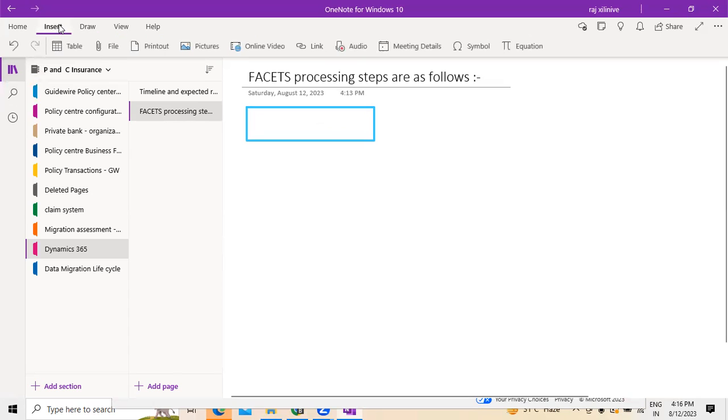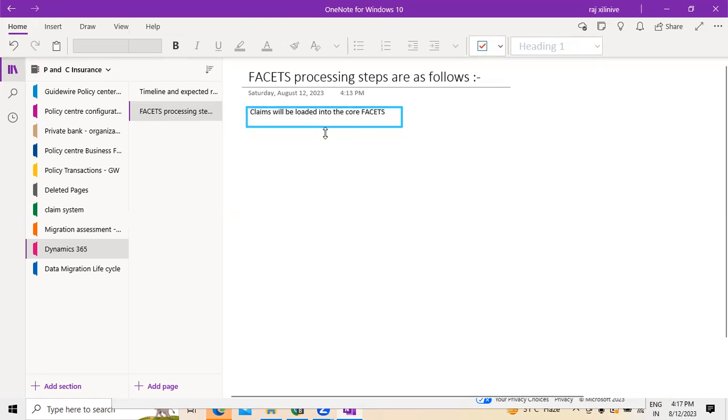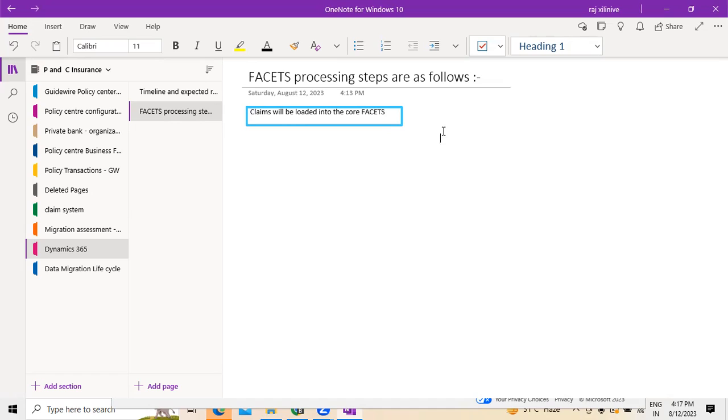So in this, the first step is claims will be loaded into the core Facets, right? This is generally the first thing that happens whenever we are working on the claims application, right? Because when a treatment was given for a particular patient,